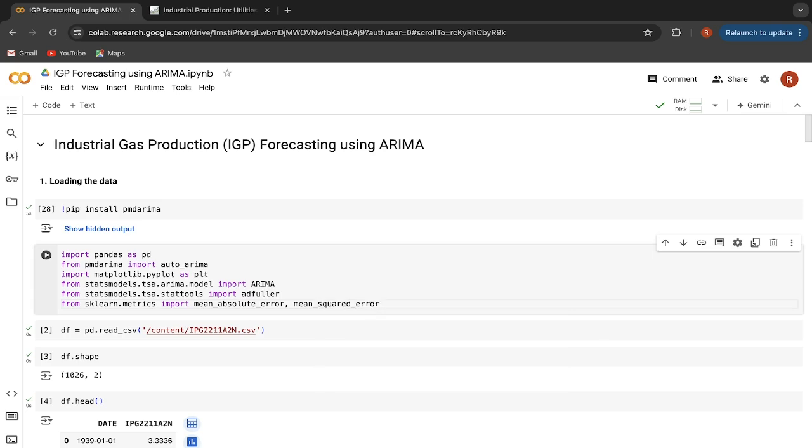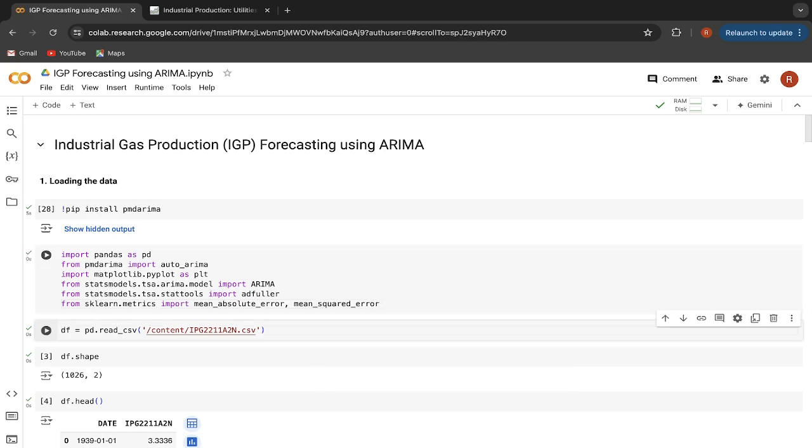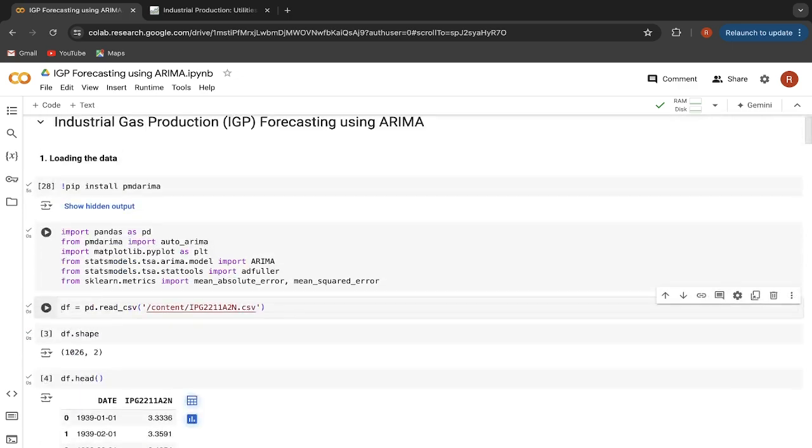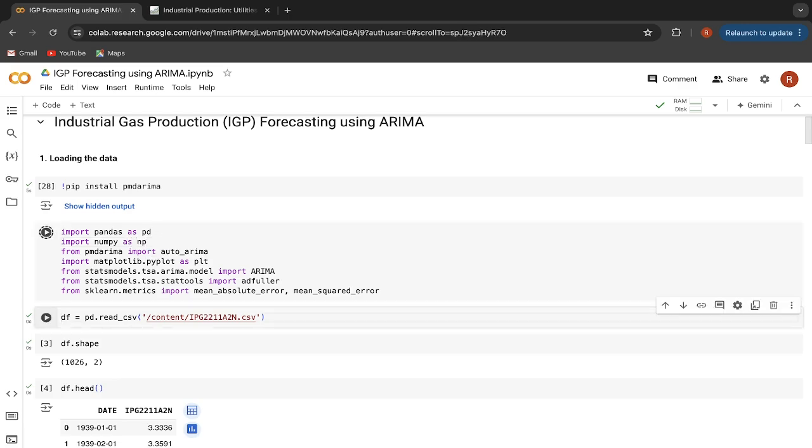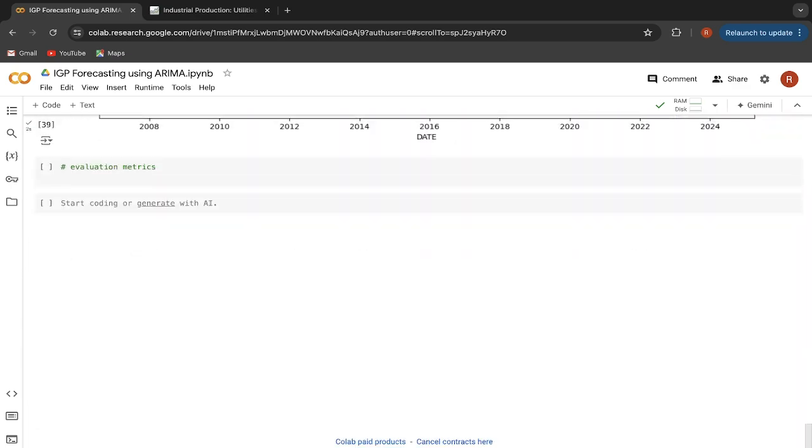This one. Let's run that. And we also require numpy here actually. Let me also import that. Import numpy as np. So going back to that,